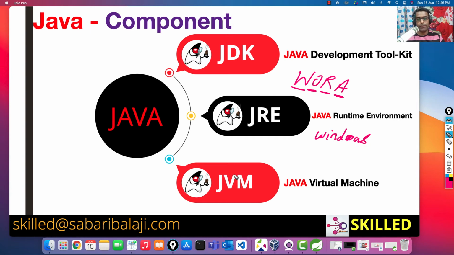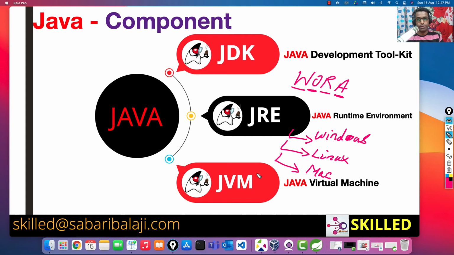So as I said, JVMs are inbuilt into JRE itself. So JVMs are part of JRE. So when you download JRE for Windows, what it means is you have a Windows specific JVM who knows the knowledge of that Windows operating system. You download a JRE for Linux, you will get a Linux versioned JVM attached to it, so that the JVM knows how to work around with the Linux operating system. Then you can also download a JRE for Mac operating system, and it has its own version of JVM attached to the JRE. So that particular JVM knows how to operate on top of the Mac operating system.